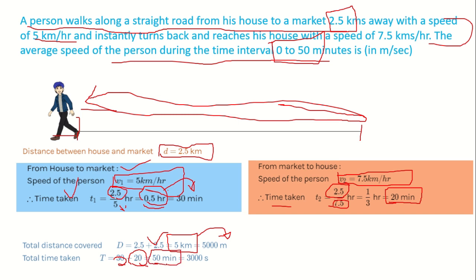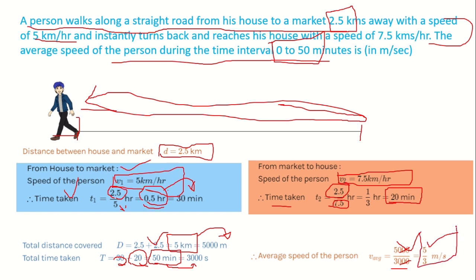If you convert these 50 minutes into seconds, it will become 3000. We know that average speed is given by total distance covered upon total time taken, which is equal to 5000 upon 3000. Further, if we cancel out these zeros, the remaining will be 5 upon 3 meters per second,